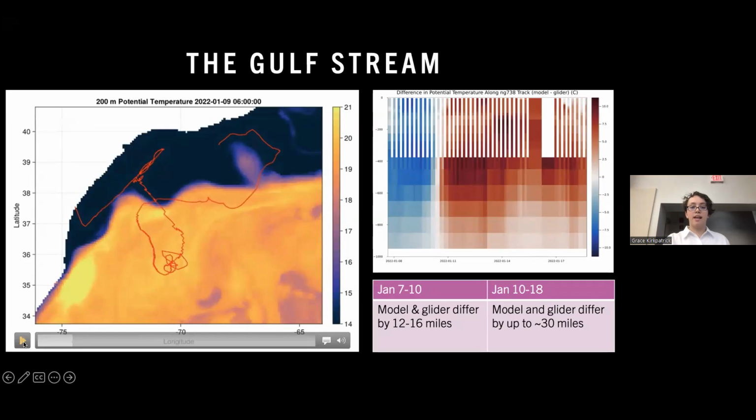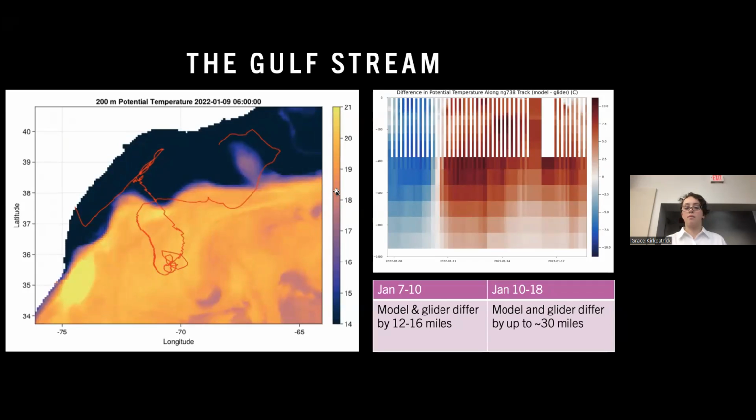you can see that during the period of January 7th to 10th, the glider is in an area where the model records it as being decidedly outside of the Gulf Stream. But when you look at January 7th to 10th on the transect, it records temperatures characteristic of the Gulf Stream. And we estimate that during this period, the model and glider estimates differ spatially by up to 12 to 16